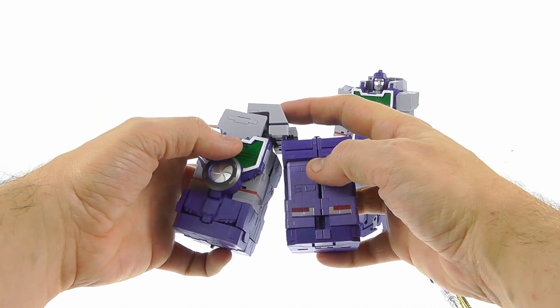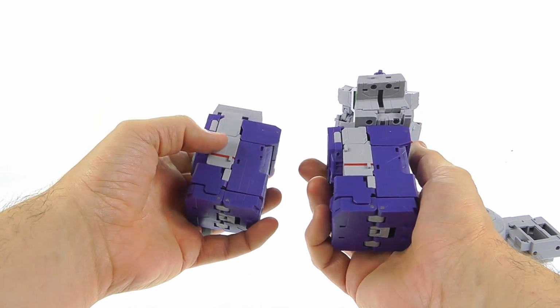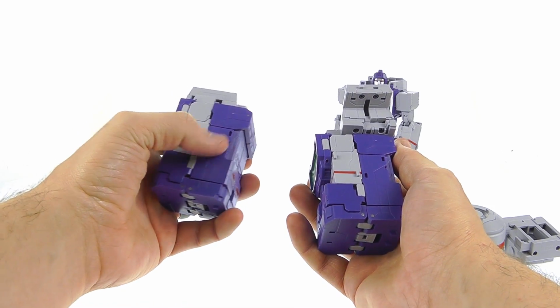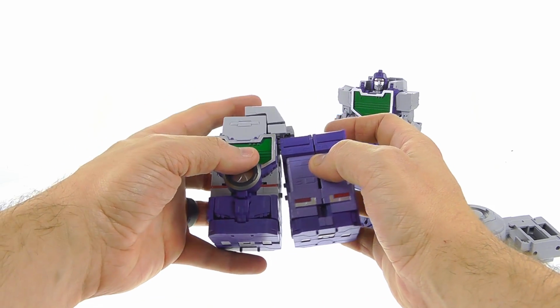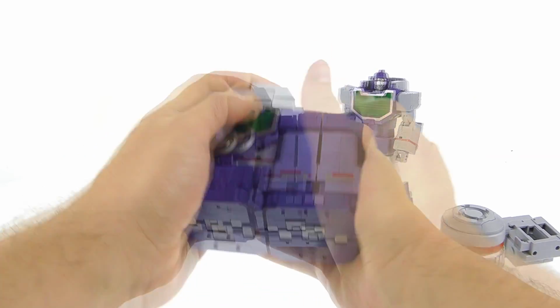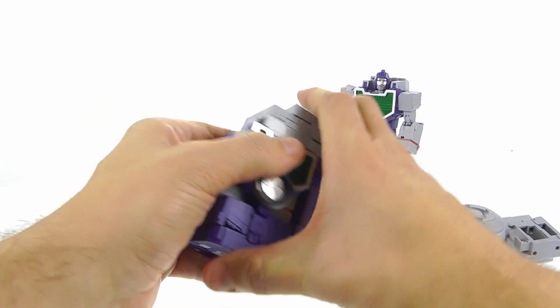So all you do here, bring this down, and then you line up the little tabs. So you got a bunch of them right here. You got like two little tab sections right here, you got two little hole sections. You just bring them together, put that up there at the top, just line everything up. There we go. So you just give that a nice squeeze, but you can see that in the process, it